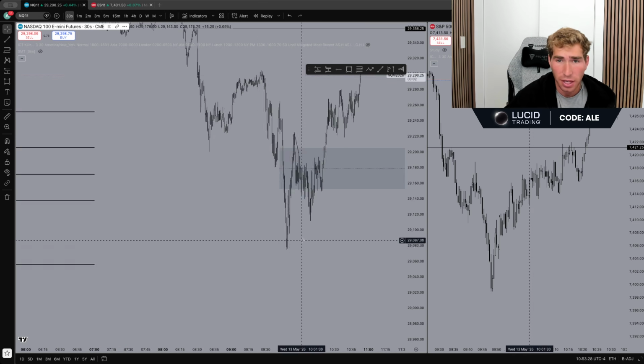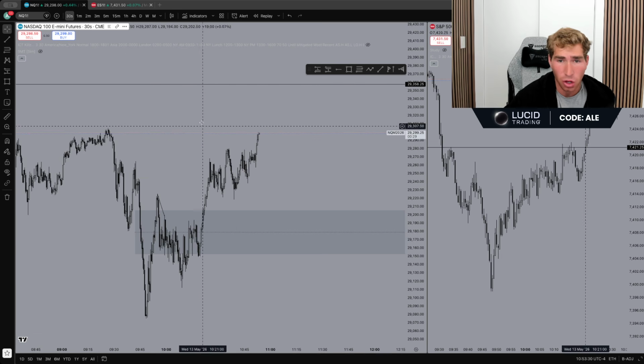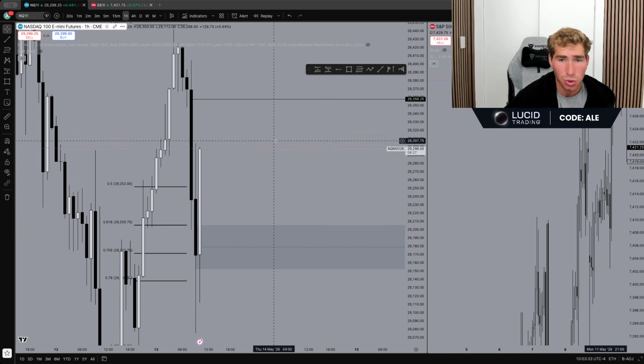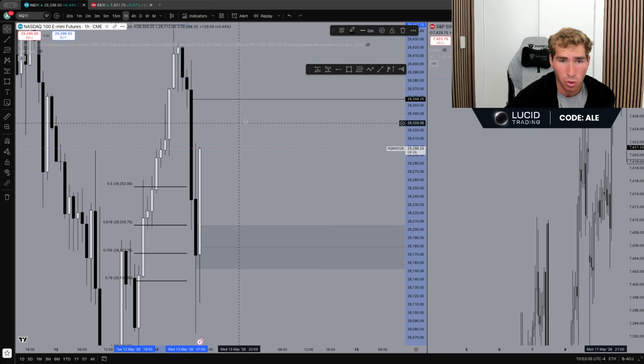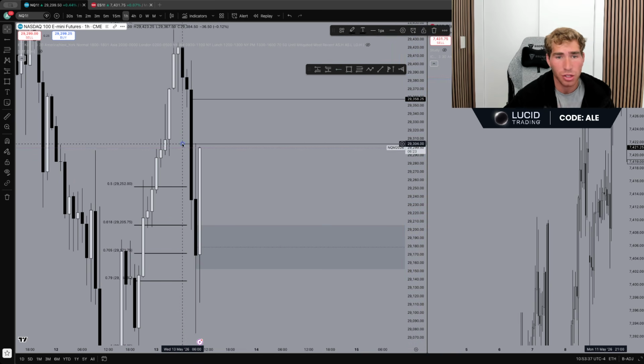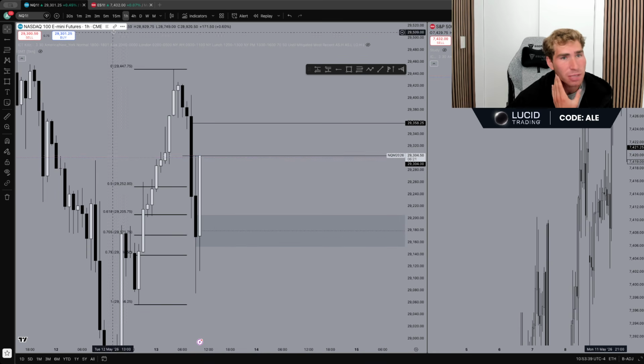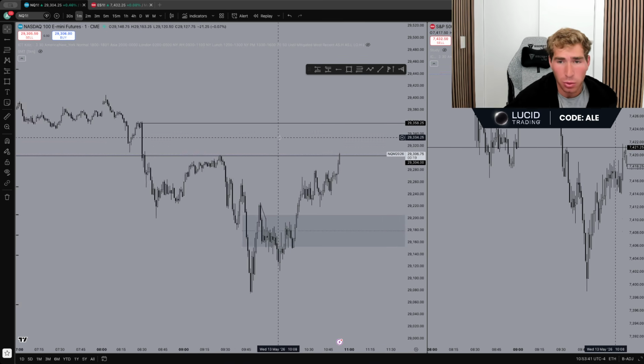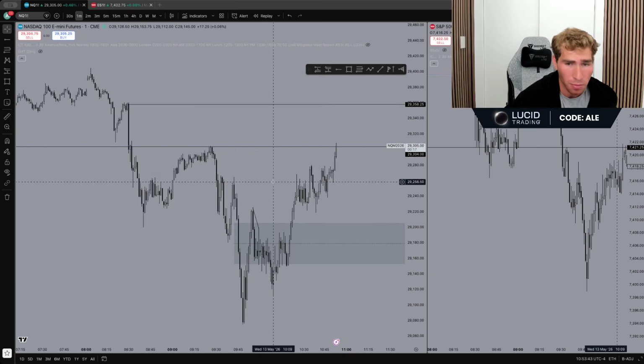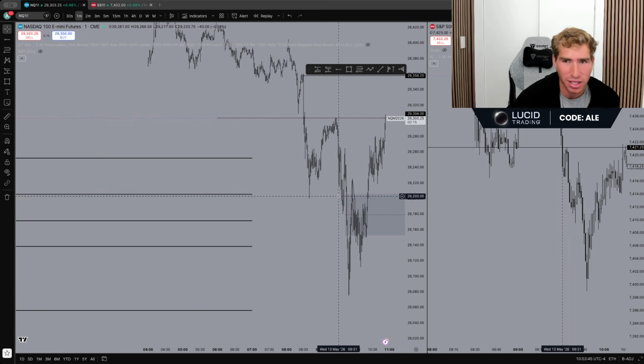Not bad at all. But then as you can see, my bias was correct. Bullish bias. We do have an unfilled hourly gap right here. Maybe that's what we're just going for. Kind of unfortunate that price dug so deep in the range before we got those longs. Today was one of those unpredictable days for me where my system ultimately made money, but it wasn't the clearest on the day.